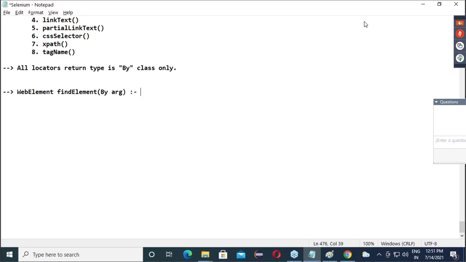Now you tell me, guys, what will be the job of the findElement method? That name only indicates it. Find element means finding the element. And what is the job of a locator? Finding the element.